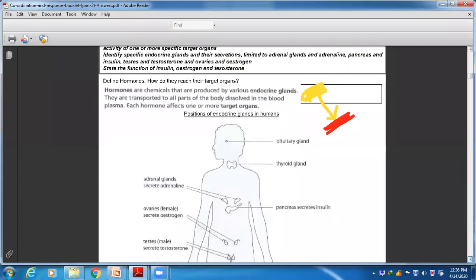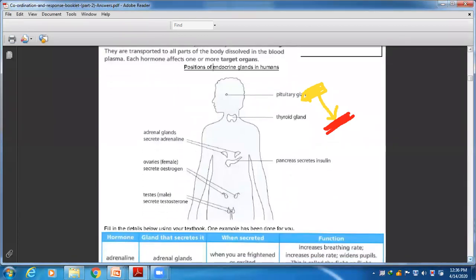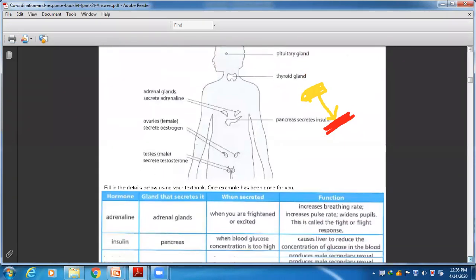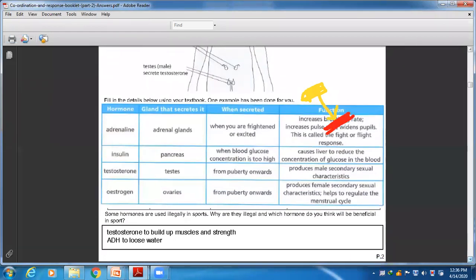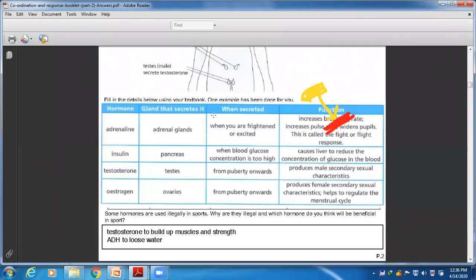There are different glands that are producing hormones, like the pituitary gland, thyroid gland, right? So these glands I will discuss with you now in detail. Okay, so we have to know about all these in detail. We have to know about the function of each one. Like the adrenal gland, it secretes